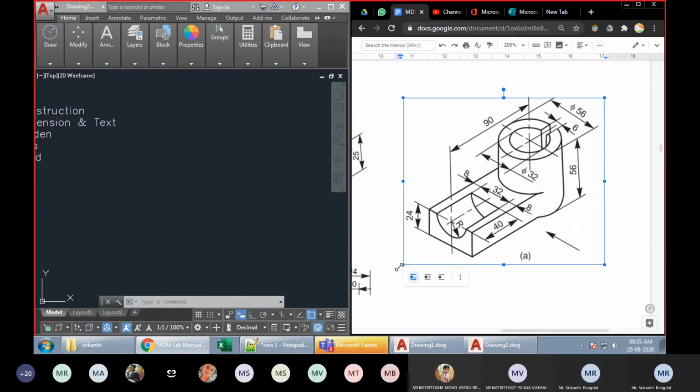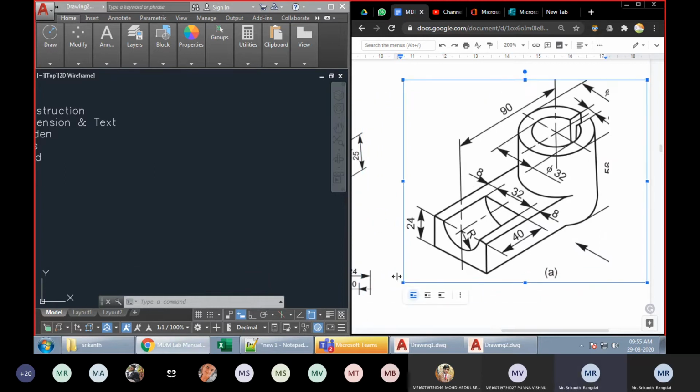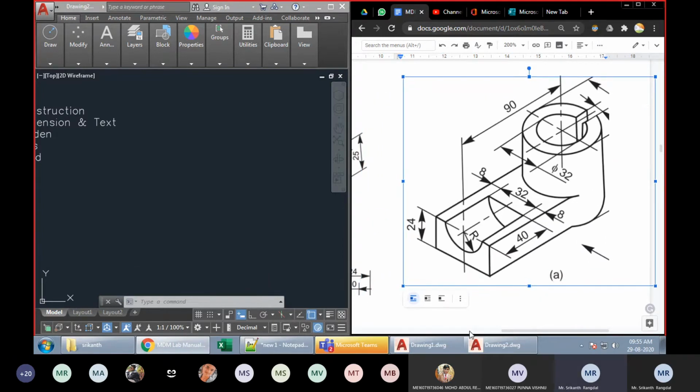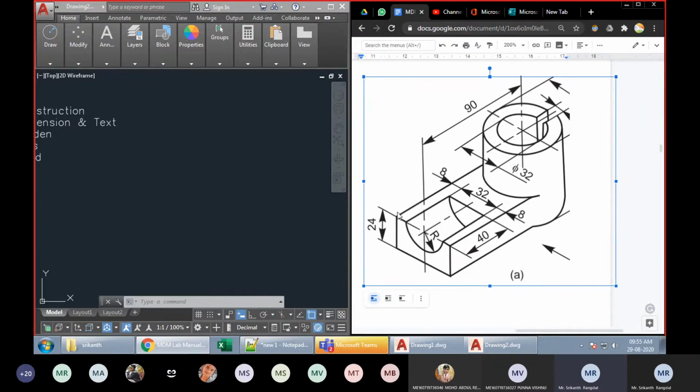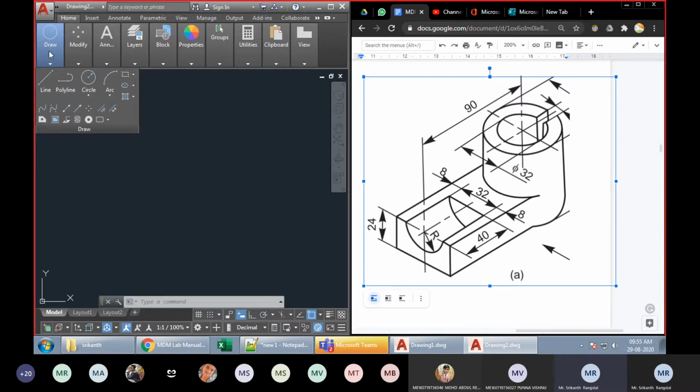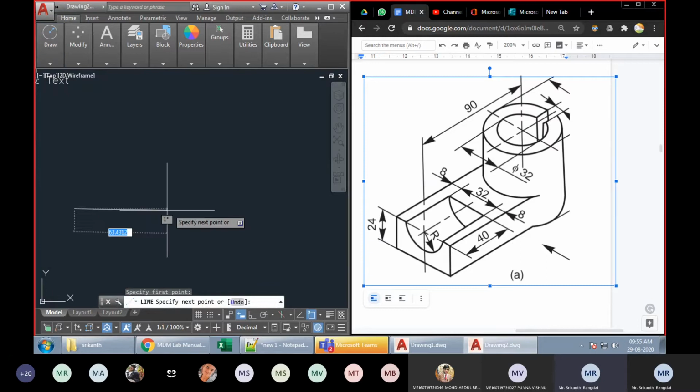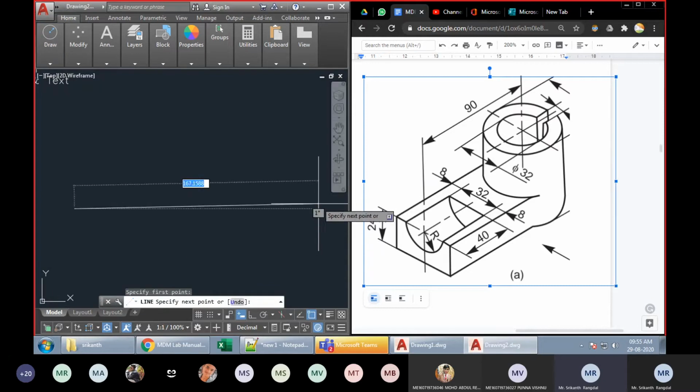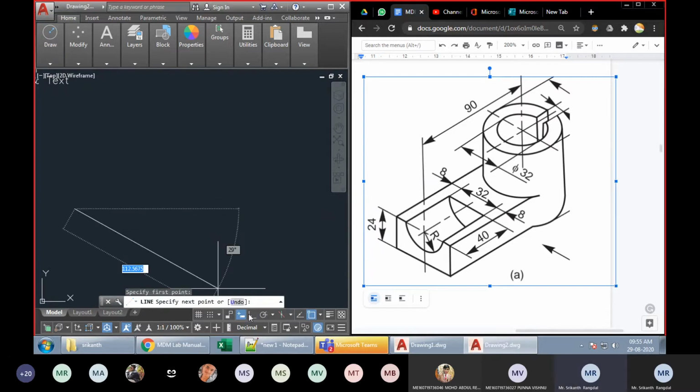In order to draw this object, I first need to draw the X and Y axis. I'll take the line command from here at the top. I have to draw a horizontal line. I'm not getting a horizontal line. What should I do?